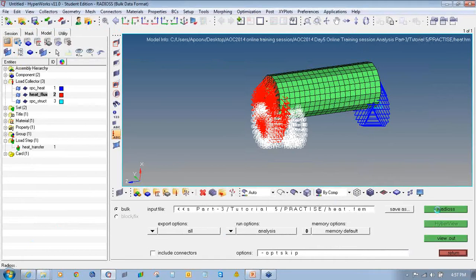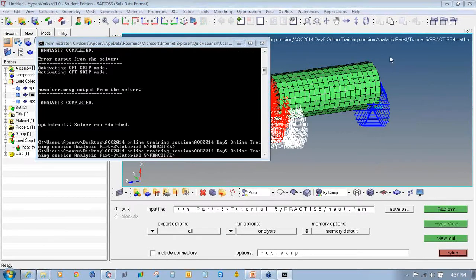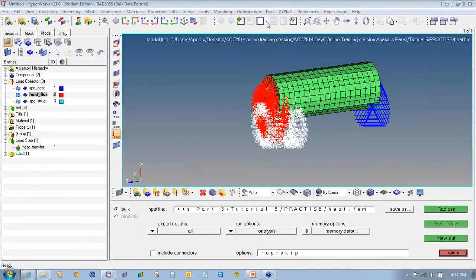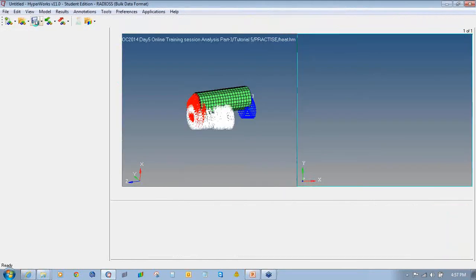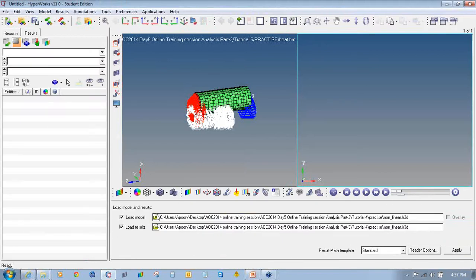And run the analysis. So now you can see my analysis has got completed. So we will see the results of it. So I will split the window into two. Load the model.